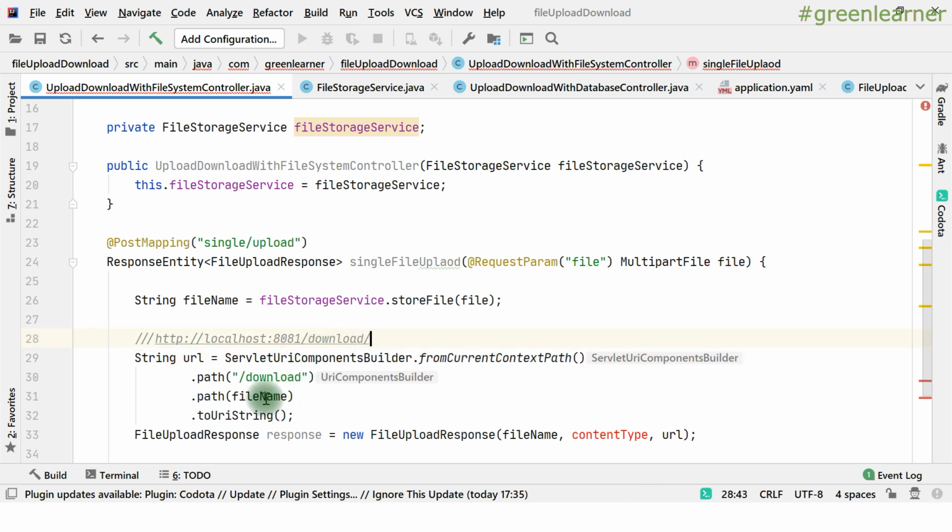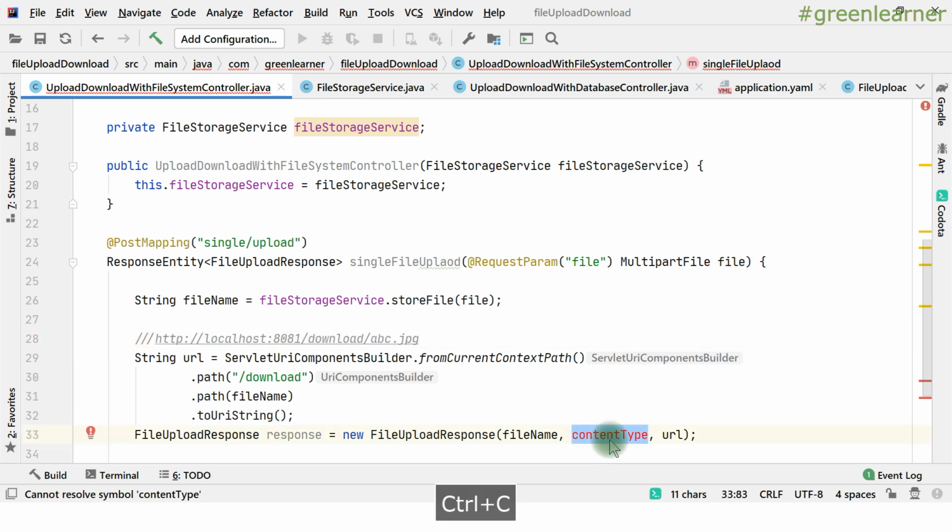And then the file name, suppose abc.jpg, right? Whatever we are uploading here, whatever file name it is, the file name that is being stored in the system, it is going to return that, and then it is converting to the URL. So basically here we have the complete URL which we can click and download, right?